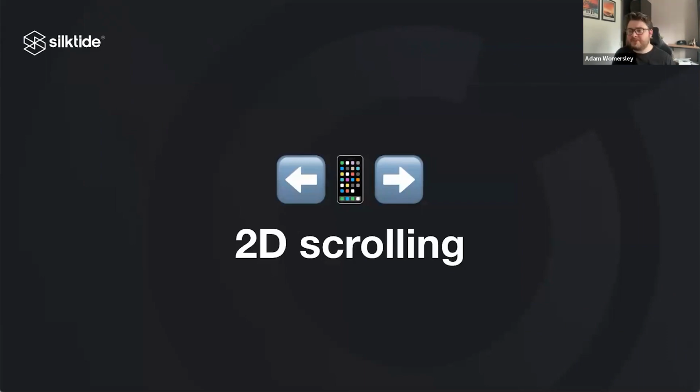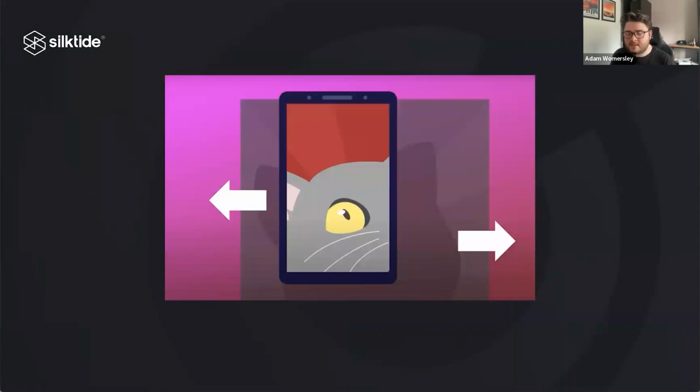So when you visit a website on mobile, it should only move in one axis, so up and down or left to right, not both at the same time. And this happens when content doesn't correctly realign itself. It's called reflow in WCAG 2.1, and it's also a really big part of responsive design. And if you're subjecting your users to this, then they're just not going to have a good time on your